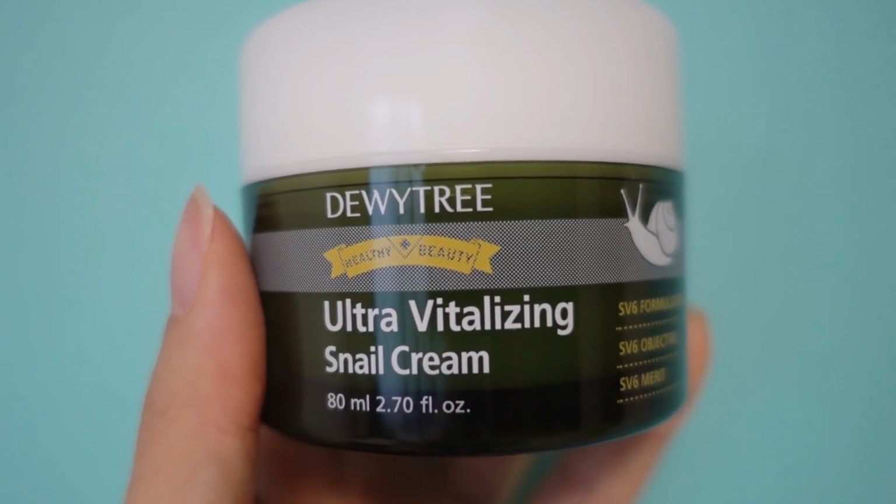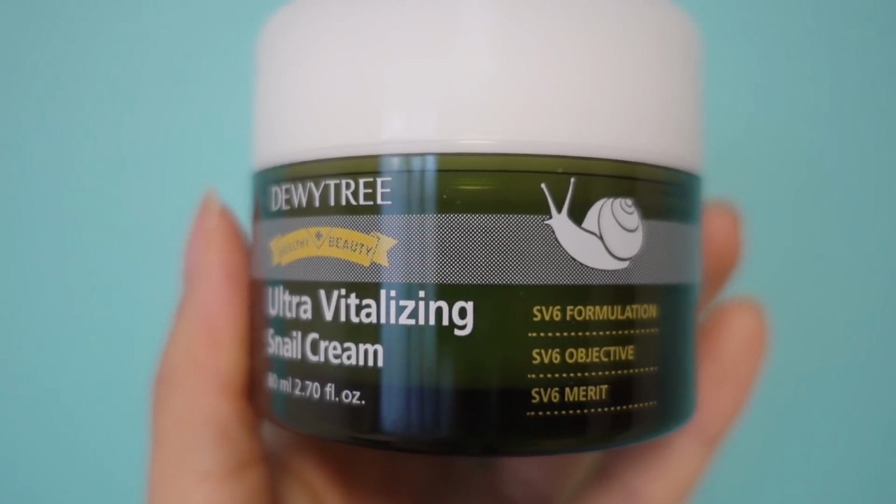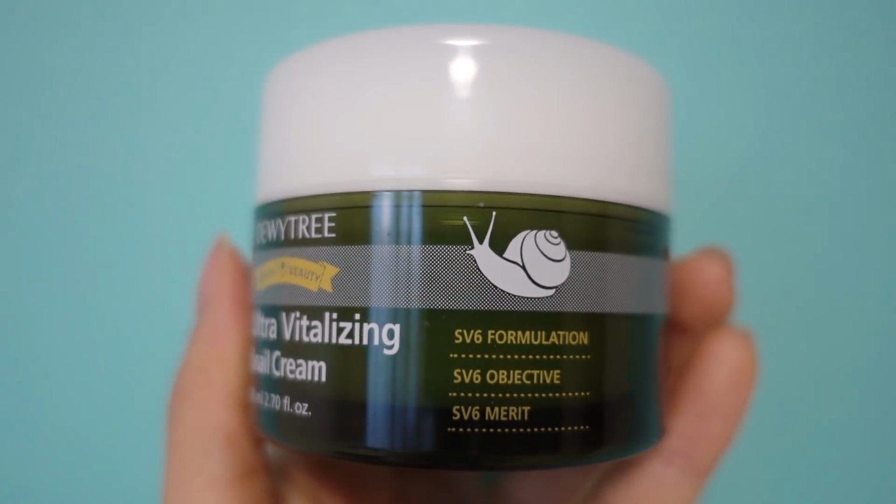And the next product is actually a cream that I've been raving about a lot for the past two to three months or so. And this is the DEWYTREE Ultra Vitalizing Snail Cream. And I absolutely fell in love when I got a small sample of it. I added the sample in my Do Up Spa kit that I did with Bazal, and I fell in love with it. First, I was so surprised and kind of grossed out by the texture. It's so sticky, and I was like, oh my gosh, what the freak? And then I soaked it in and I was like,